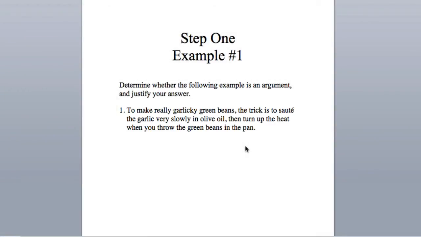Okay, so I'm trying to think about whether this piece of language is trying to convince me to do anything or to believe anything. It's certainly not trying to convince me that I ought to make these green beans. There are no claims that would lead me to believe that would be a good thing. In fact, this is really an example of instructions, an example of telling me how to do something without providing any evidence that I ought to or that it's a good idea. So I'm going to say this is not an argument,